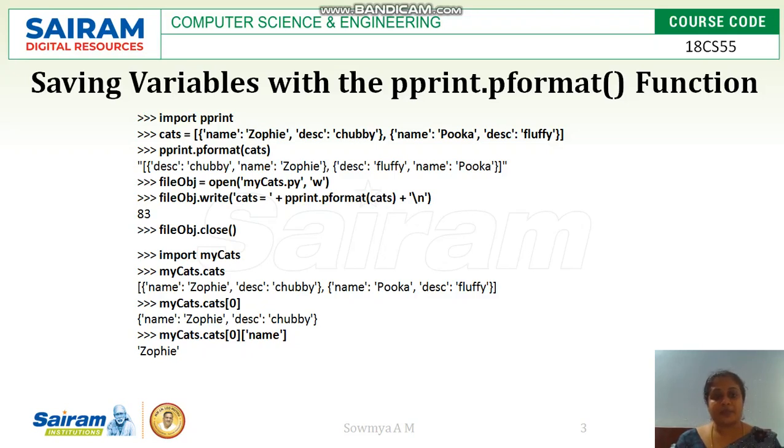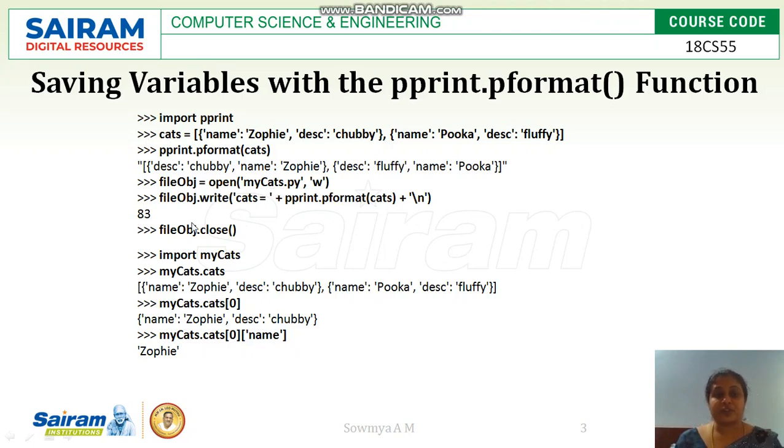Once the cats dictionary is passed to pformat, a file object is created for a Python code file called mycats.py, opened for write, so that we take the dictionary name cats and use the previous value we declared for cats and apply it to the file.